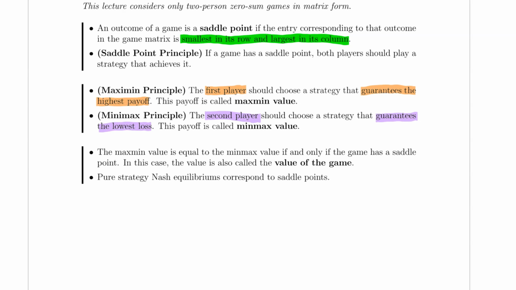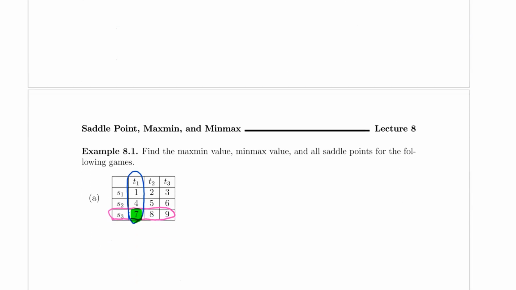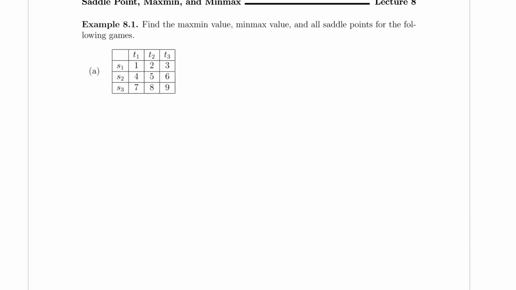So let's try to see this in the next example that we have here. Let's put ourselves in Alice's shoes for a moment. So this is Alice. She's choosing between the first row, the second row, or the third row. So she's choosing between one of the three options here. Let's say she chooses S1, and let's see what's going to happen. Alice's reasoning would be that if she chooses S1, she will get either $1, $2, or $3. So if she chooses the first option here, that will guarantee her